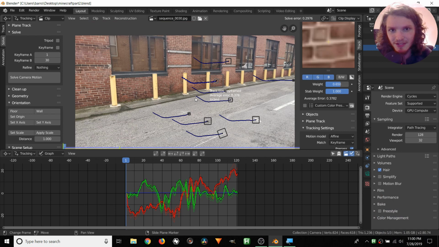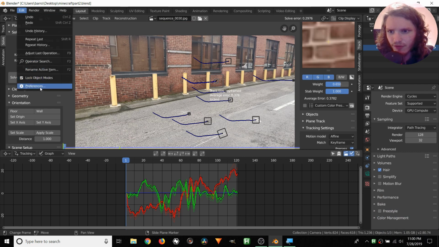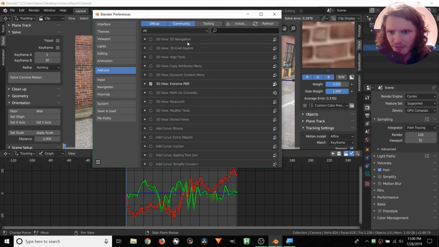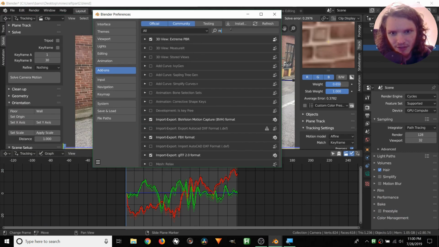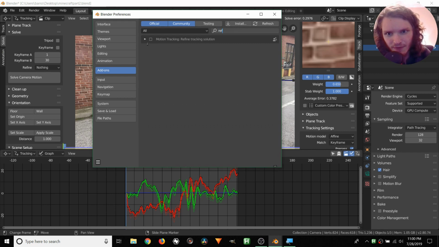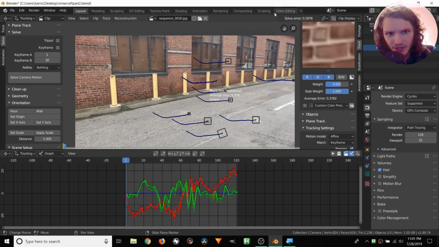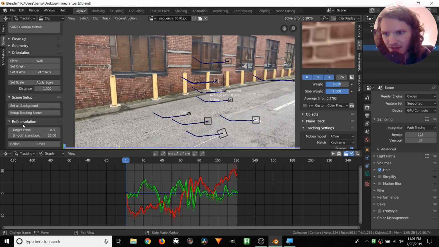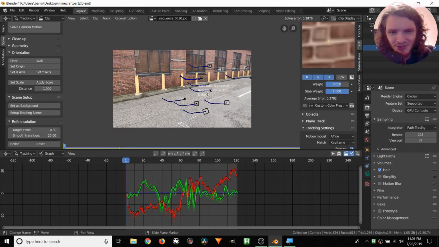You can always use an add-on that some people say is built into Blender now. It's called Refine Tracking Solution or something. So here we're in add-ons. Let's see if we can find it. Yeah, so you can enable Refine Tracking Solution, which, if it still works nowadays, adds this panel right here that you can mess with. I'm not going to do this in this tutorial. Not in a Minecraft tutorial. Just not here. We'll do it somewhere else.